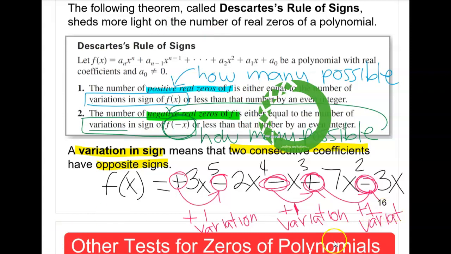So this polynomial here, going from positive to negative or negative to positive, it happened once, twice, and then a third time here, from positive to negative, third time. So we have a total of